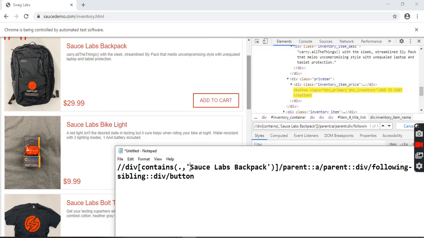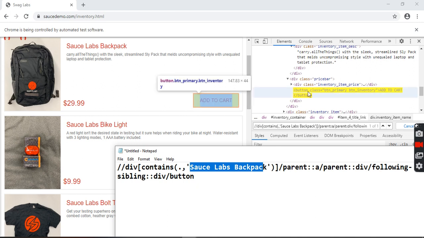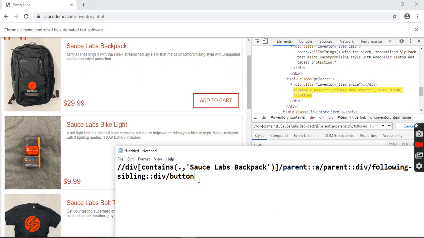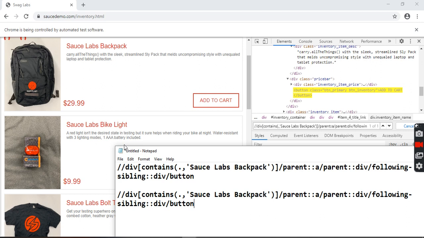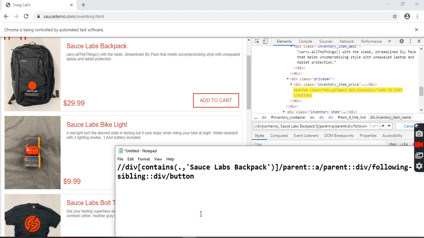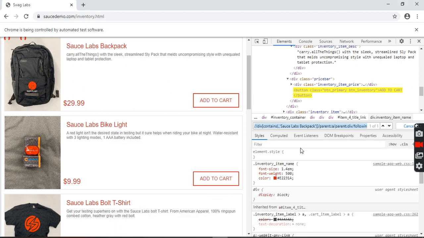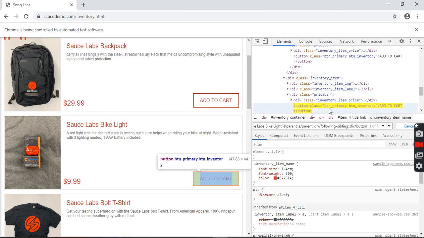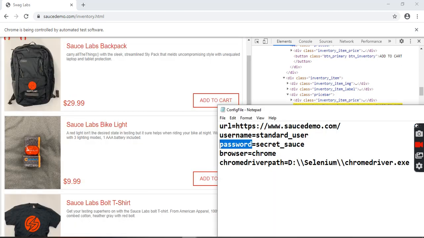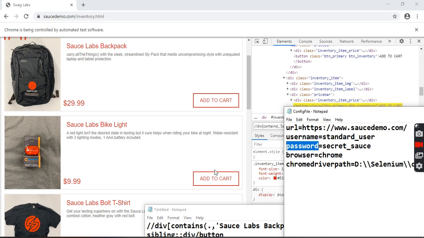Now, if I mention this Sauce Labs Backpack, this button is highlighted. Suppose I mention this Sauce Labs Bike Light, for example. If I mention it like this, what will happen? This add to cart button needs to be highlighted. See? So I am making a common XPath.